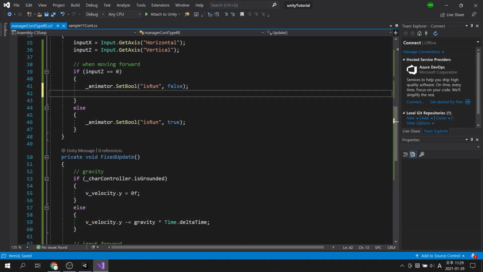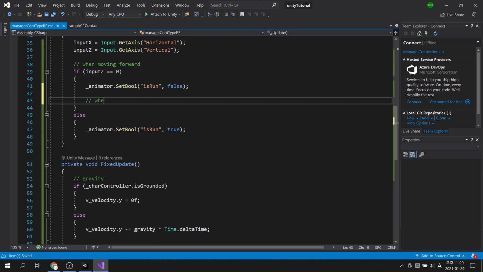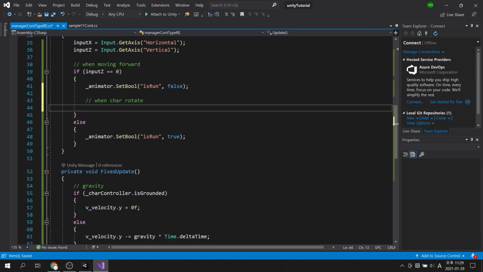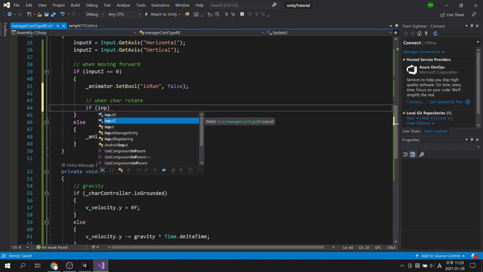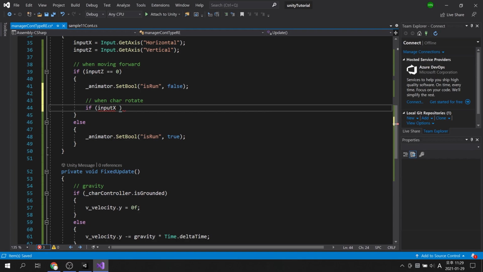As we made rules, I will make the walking animation play when the character rotates. Since the character's rotation only takes place on the horizontal keystroke, I will make the walk animation play if it is greater than or less than 0.